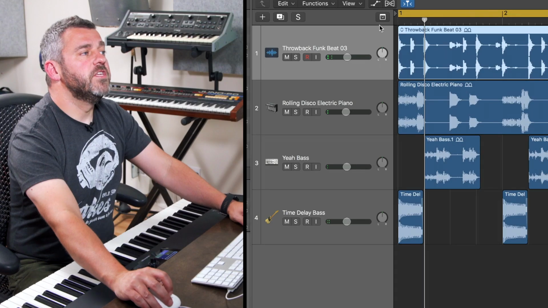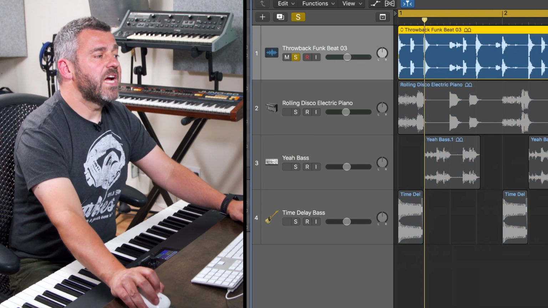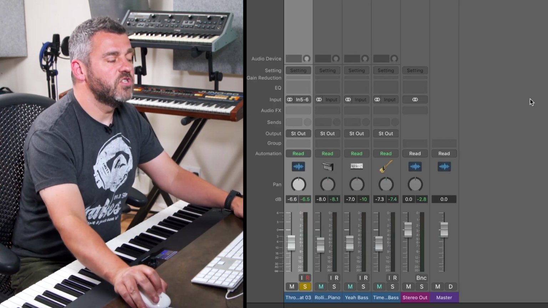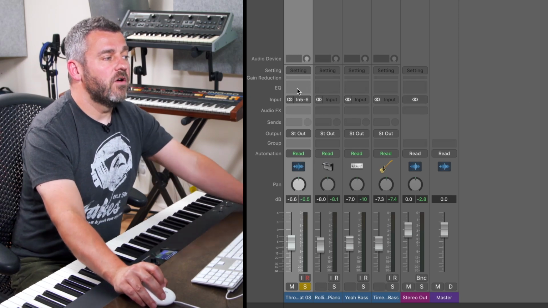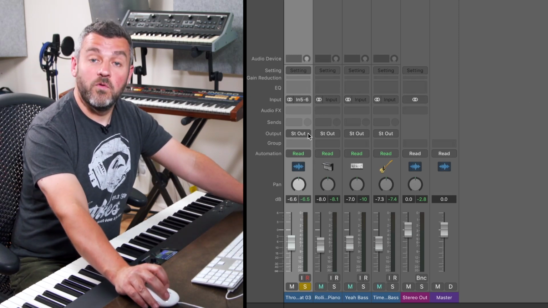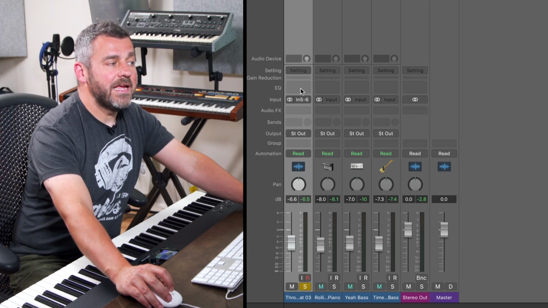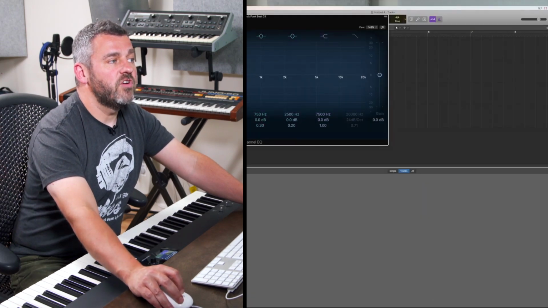Okay, so what I'm going to do is solo the drums, which at the moment you can see within Logic's mixer have no effects. There are no effects within this project at all. Now down here on the left-hand side for this first track, the one that we have highlighted, I have an opportunity to add EQ, and by double-clicking in this space, I can straight away bring up